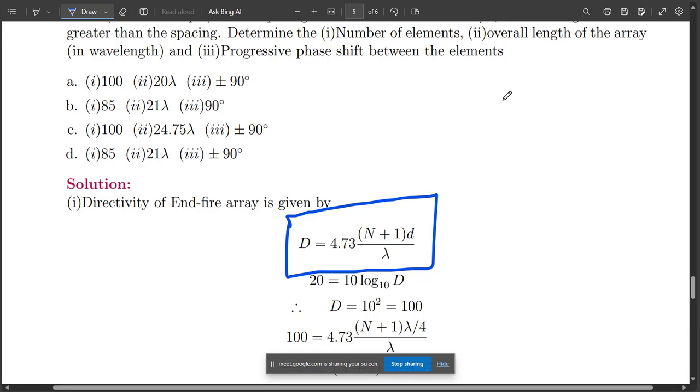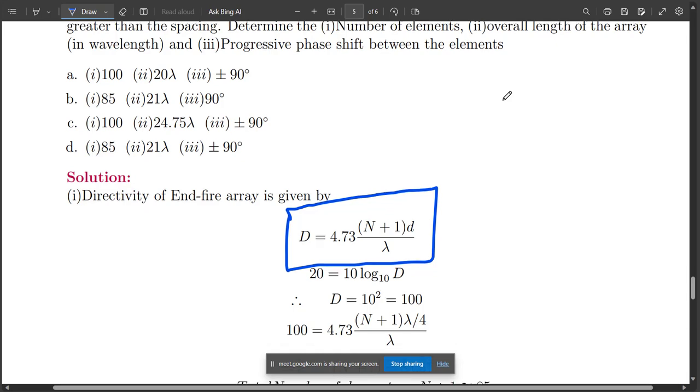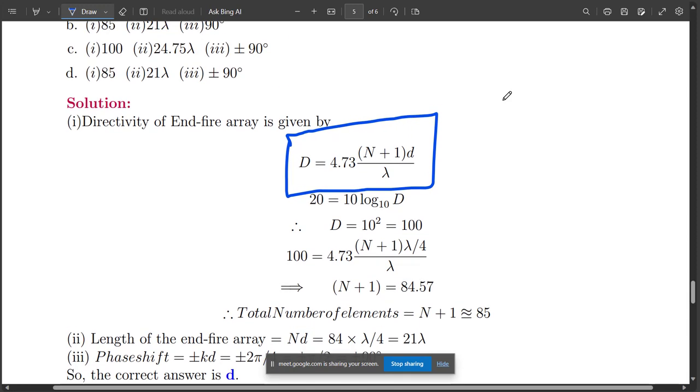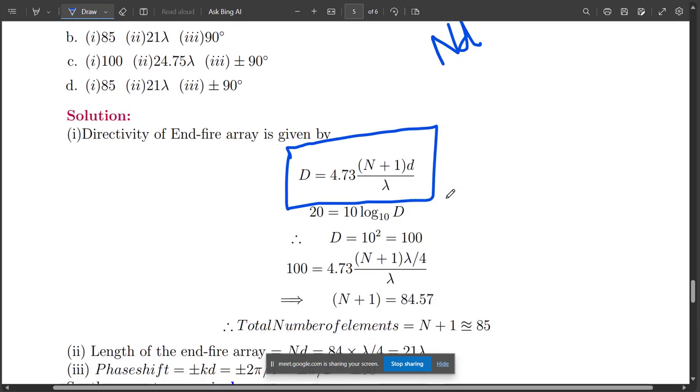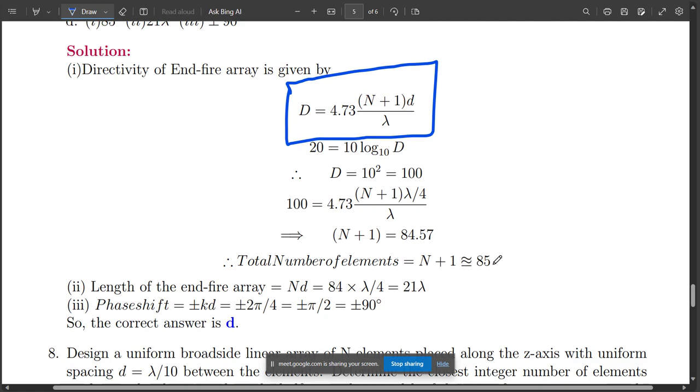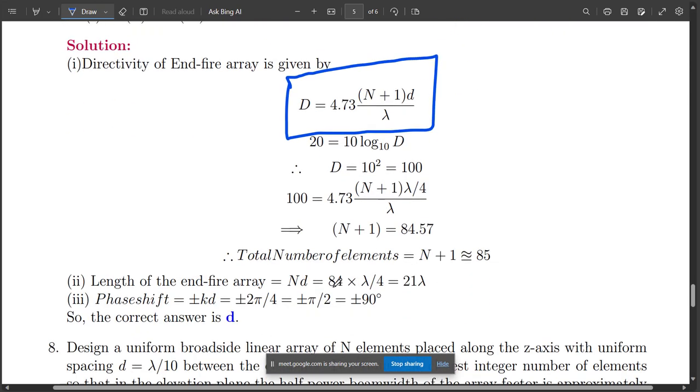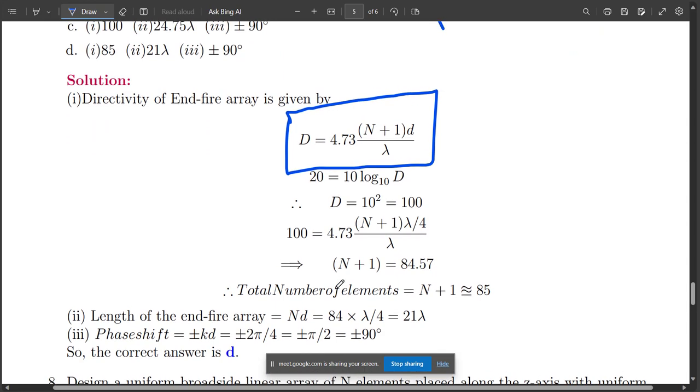21. 21. Okay, anyone else? 21, ma'am. 21. Yeah, okay. So 21 is the correct answer. So as I told you here, n plus 1 is 85. So n is how much? 84. So nd will be how much? 84 into